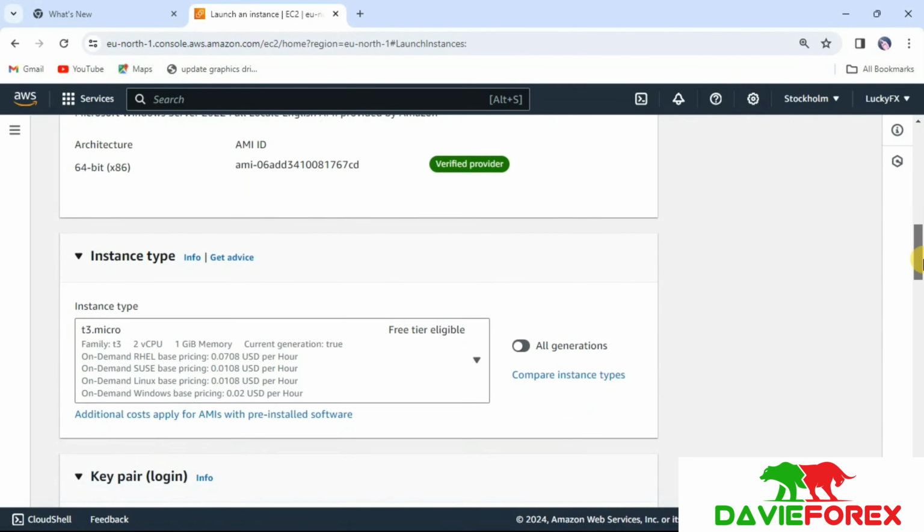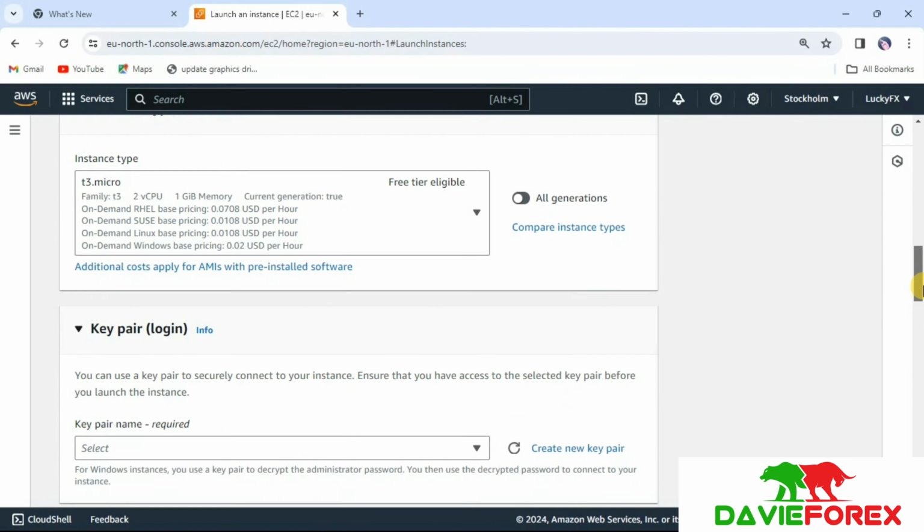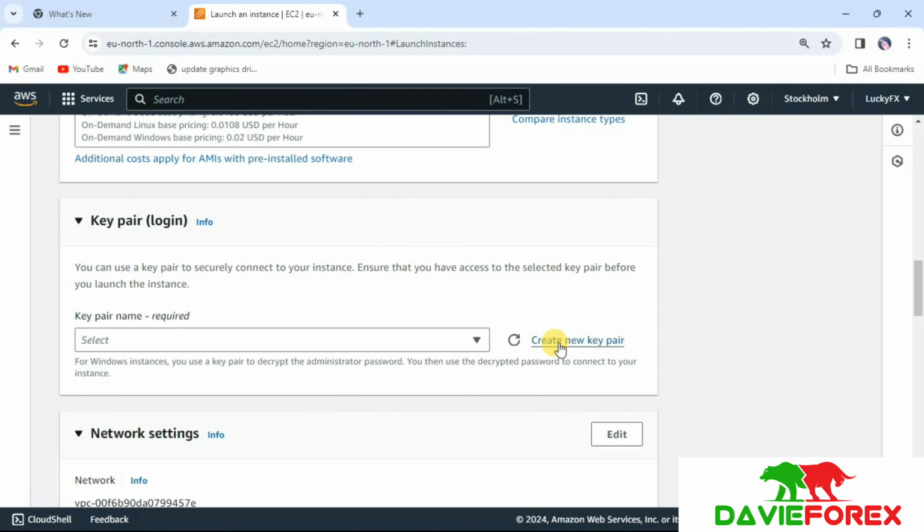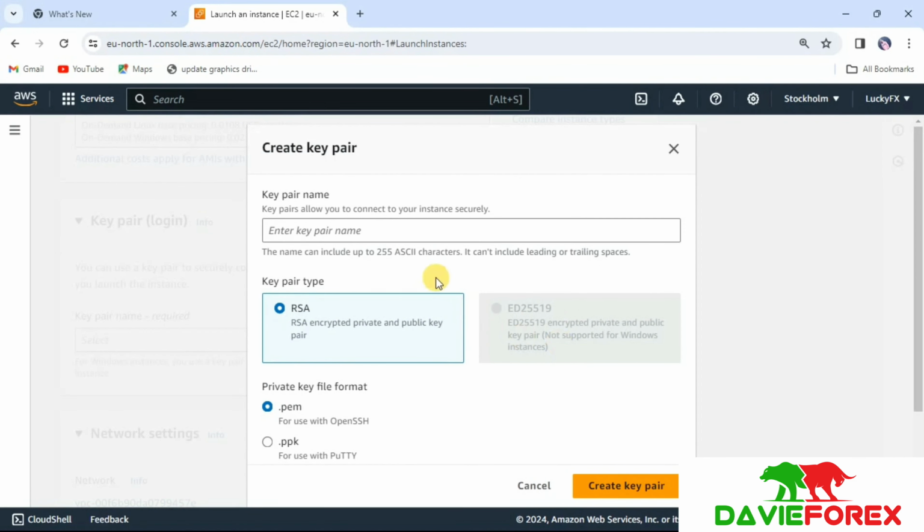Alright, the next step is to create a key pair. So scroll down and click on the create key pair button. This key pair is used to create our password, so it's very important. Right here you put your key pair name and choose .pem file. Make sure it's .pem file. Okay, look at it there, .pem file. Then you create your key pair,